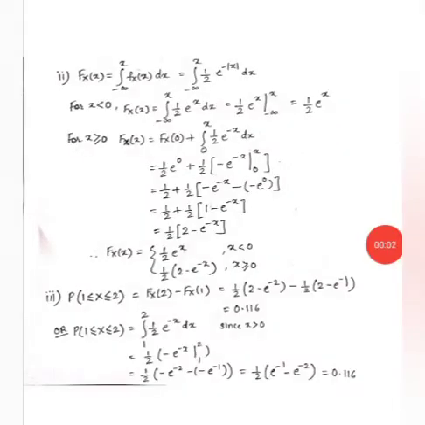Okay, so the second thing that we need to calculate is the CDF, which is Fx of x. So it's going to be equal to, by definition, the integral from minus infinity to x of fx of x dx. So for our numerical, it's going to be the integral from minus infinity to x of k times e raised to minus modulus of x. K value is half.